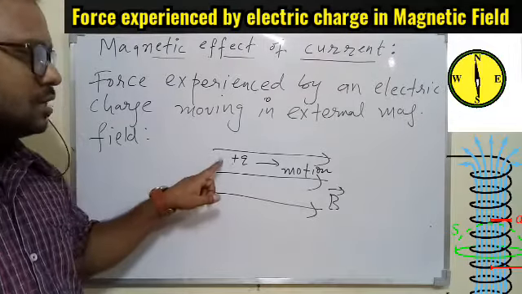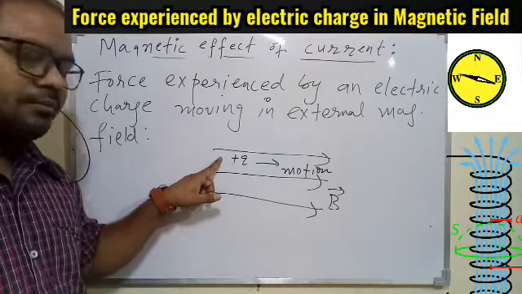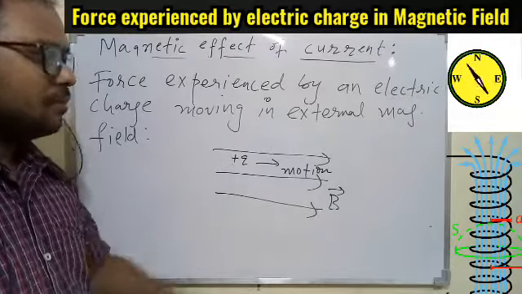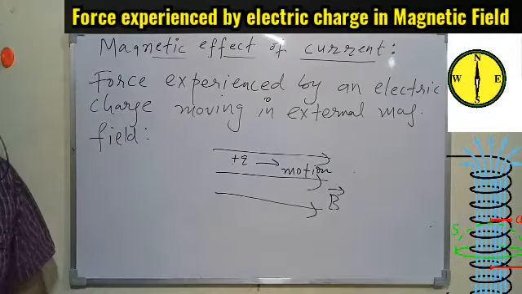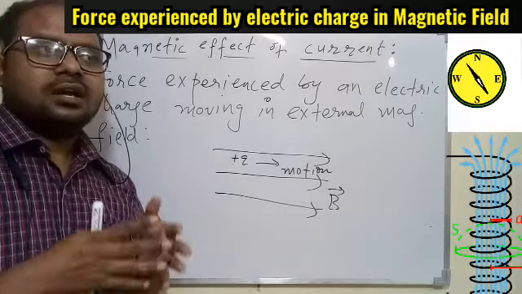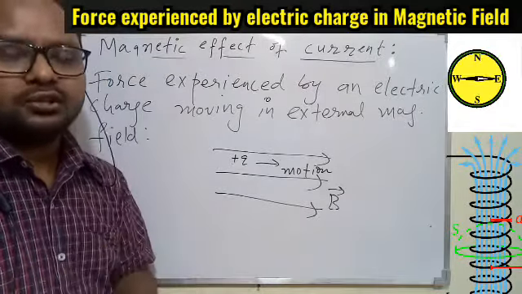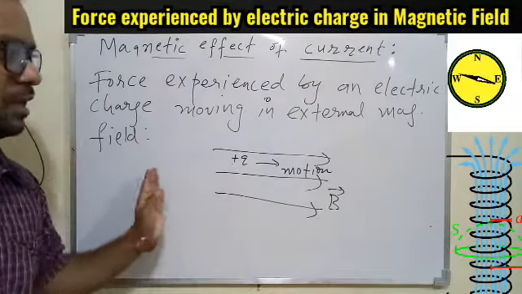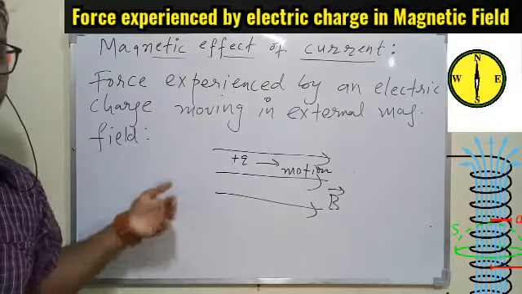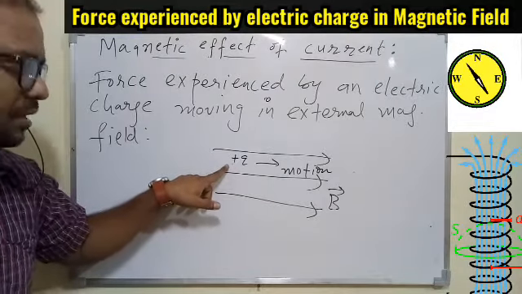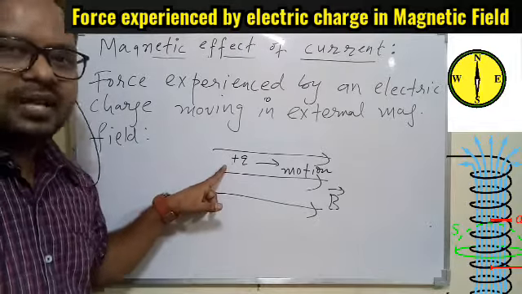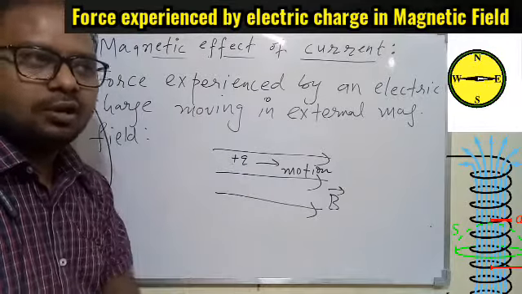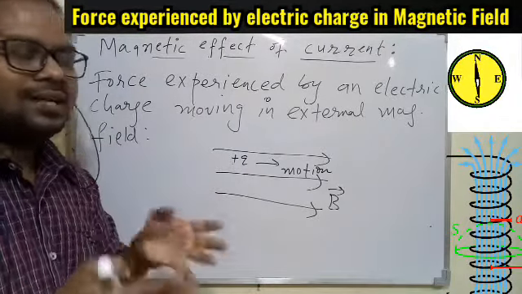Now we know one thing: once the charge comes into motion, what will happen? It will produce current, and once it produces current, finally it will start behaving as a magnet. So we understood that any charge in motion will have its own magnetic field. When the charge comes in motion, because of the electric current, it will start producing a magnetic field. So this charge will behave as a magnet, and we know if one magnet is placed within the magnetic field of another magnet, both will interact with each other.